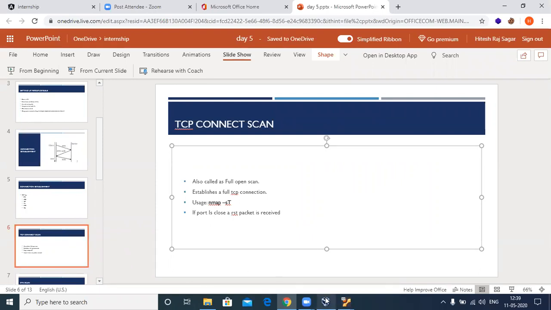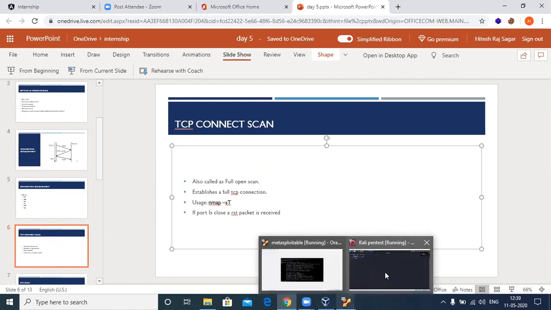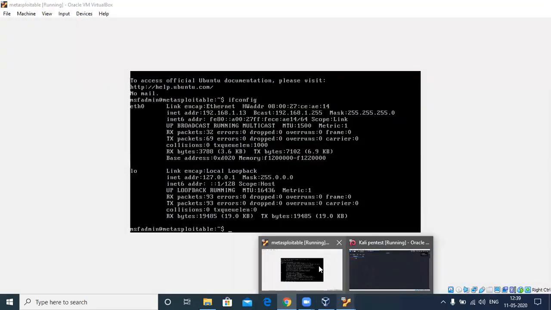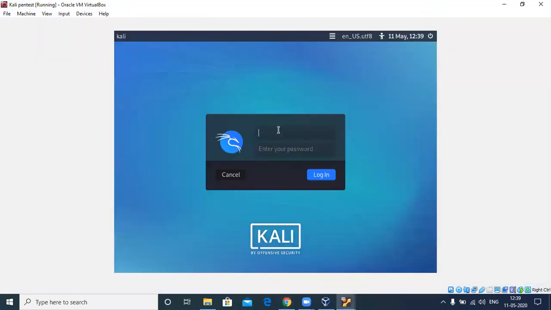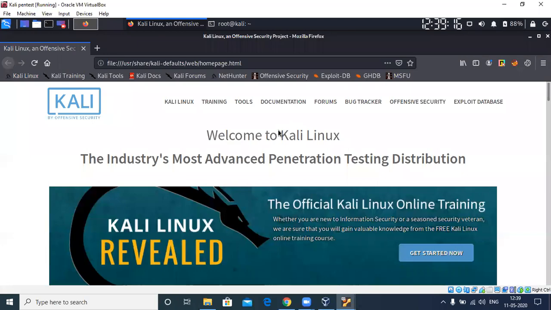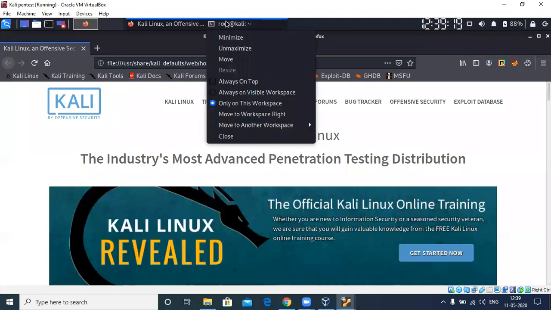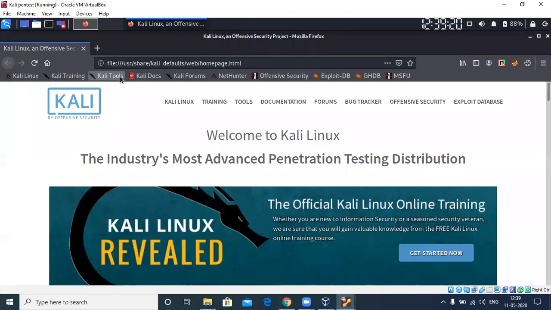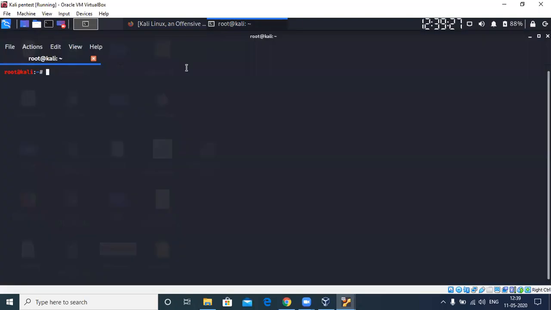So let's try and perform a full TCP scan on our Metasploitable, 192.168.1.13. And the usage for the TCP connect scan is... I left it open, guys. I want you to answer.